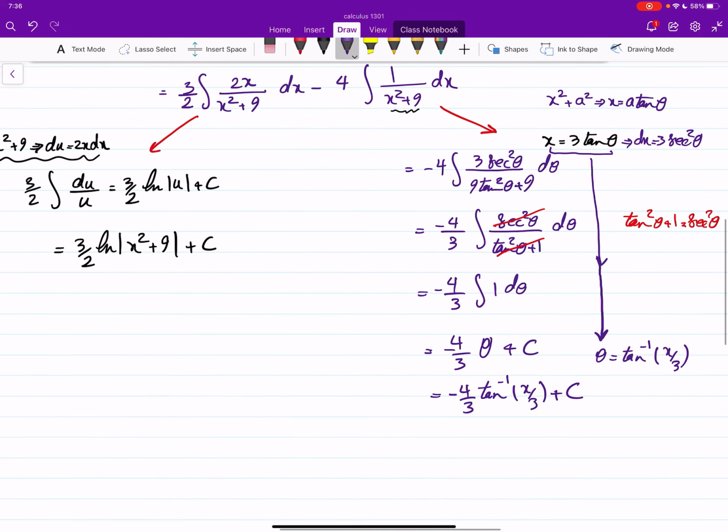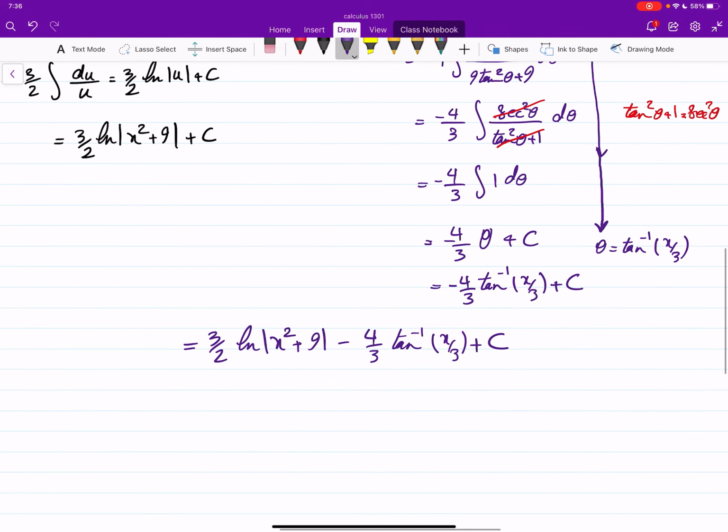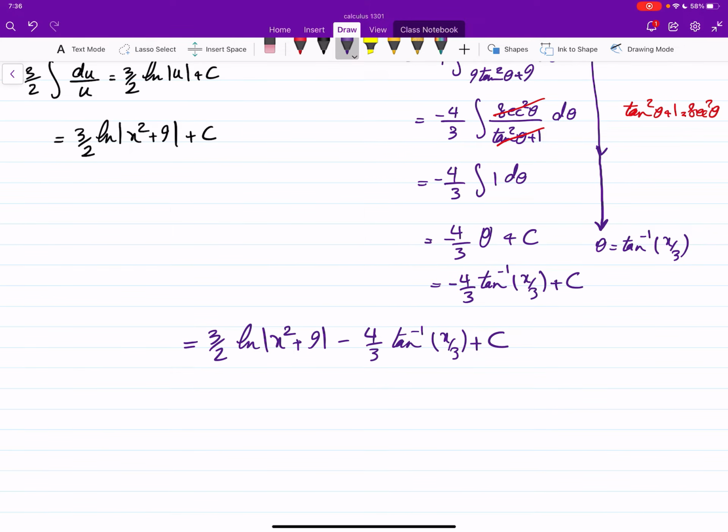Okay, so we found the first part, the second part. The first part gives me 3/2 ln(x² + 9). And the second one, -4/3 tan⁻¹(x/3), then plus C. That's the answer. Here, like the one that we had in the linear case, I want to also add this